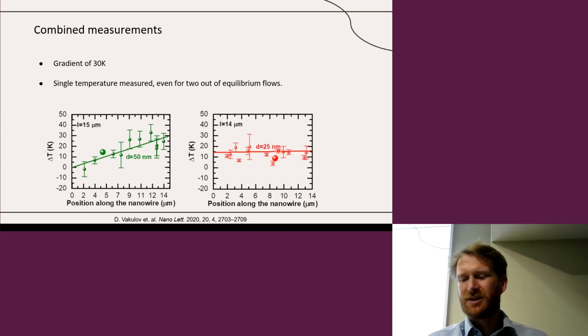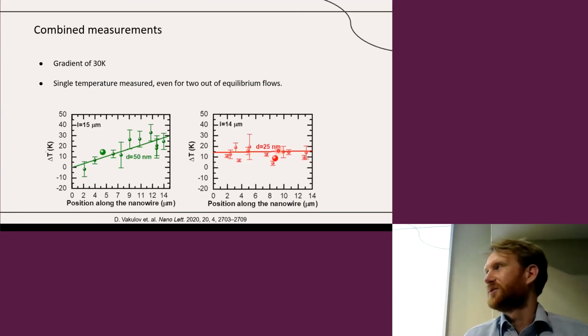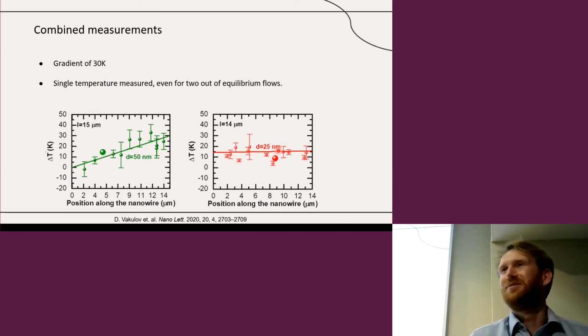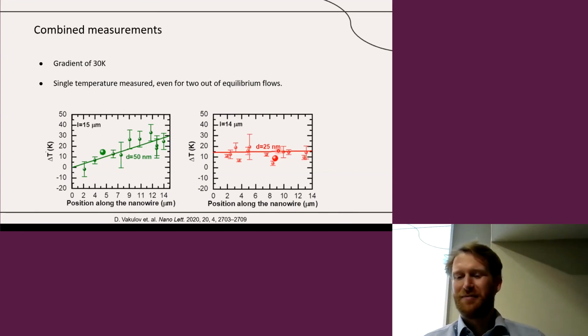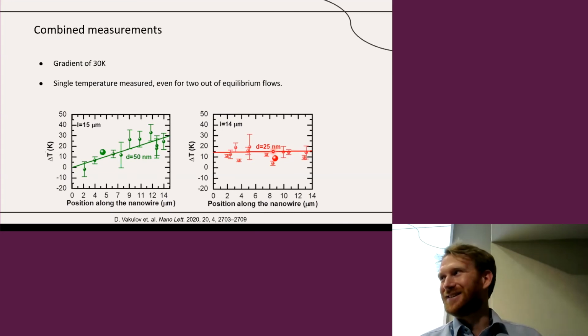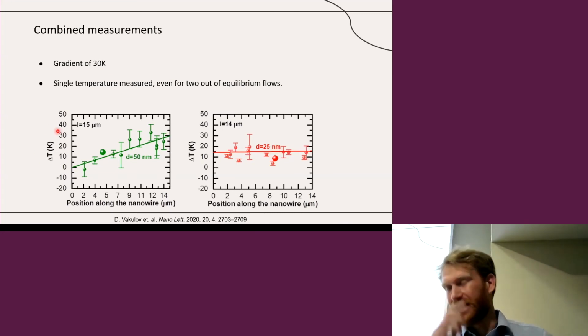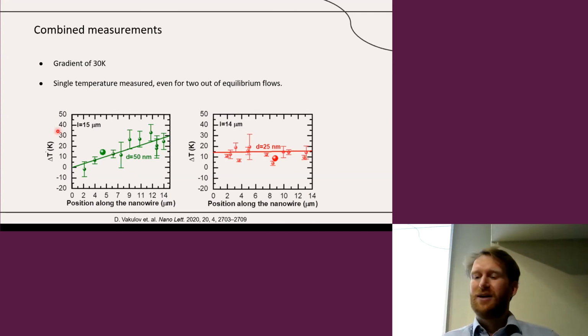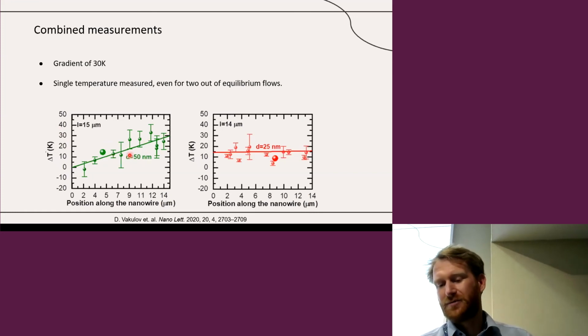So we actually used this system to do a measurement on what we thought was a quasi-ballistic system, or possibly hydrodynamic. I'm not going into that discussion right now. So what we did, like I described before, is apply a gradient of 30 degrees. And what we found was that for wires that were diffusive with a larger diameter, we saw a nice linear